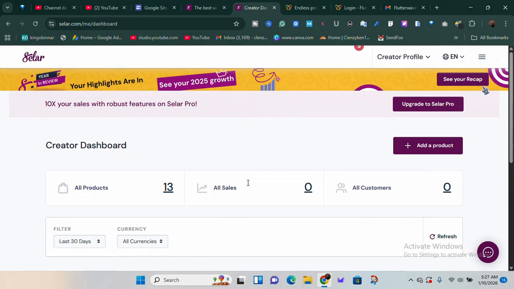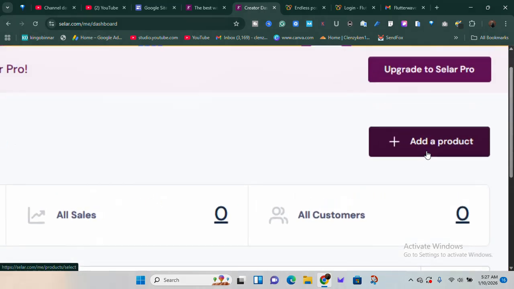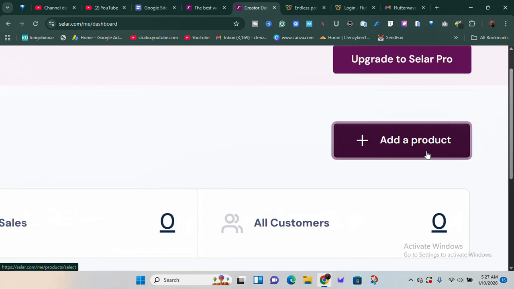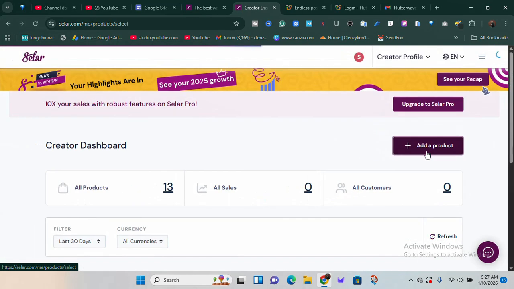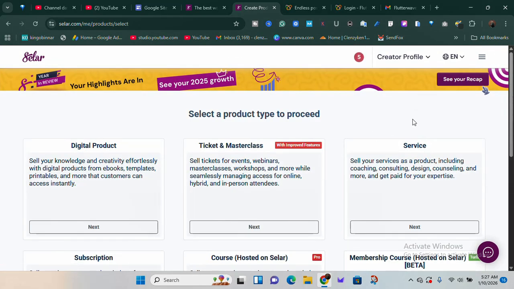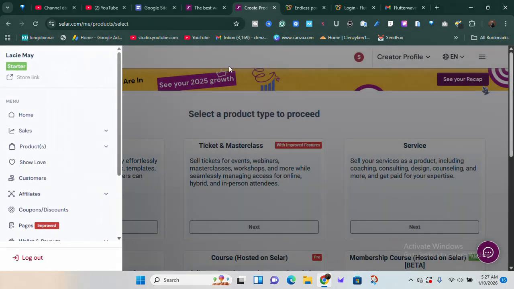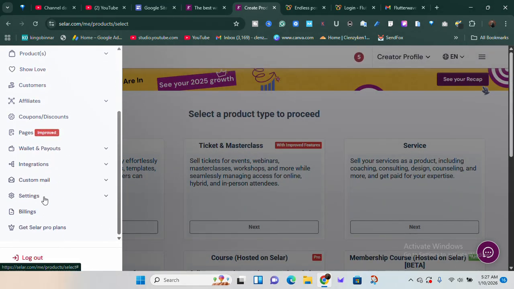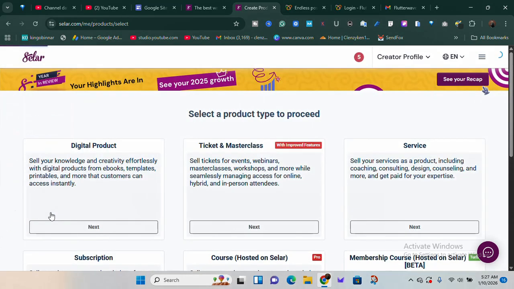Once you have done all of those things, the next thing you need to do is upload your products. To upload, you're going to make use of this section called add products. But before you even start uploading your products, there's something I want you to do. Come over here, click on the menu, go to the settings, go to general store settings,